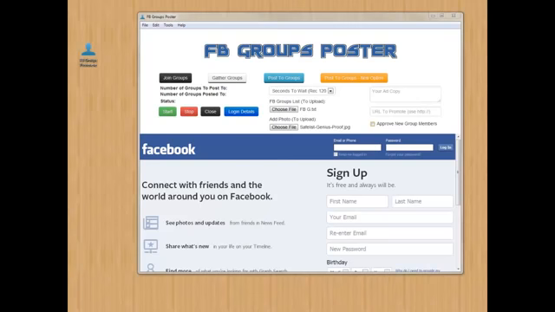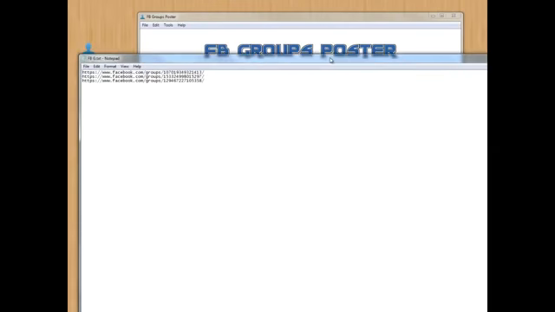Done deal. Let me make sure everything is good to go. Okay, hit OK. And then I've already selected 3 groups, and I've pasted them into this text document right here. These are 3 groups,